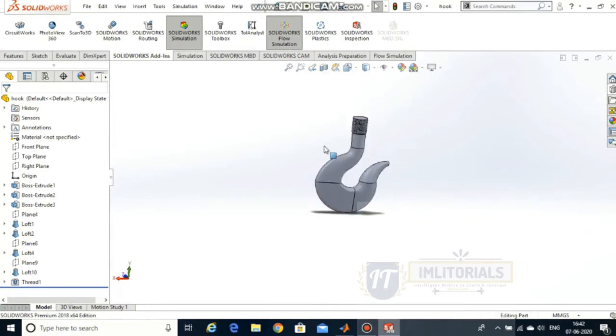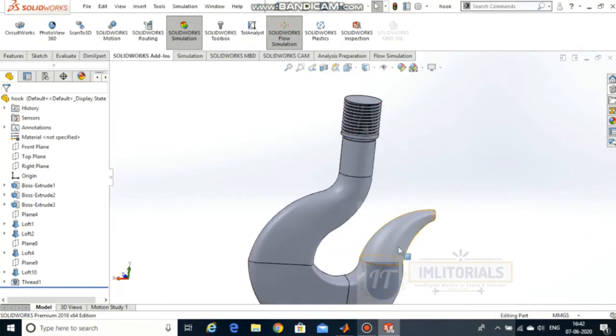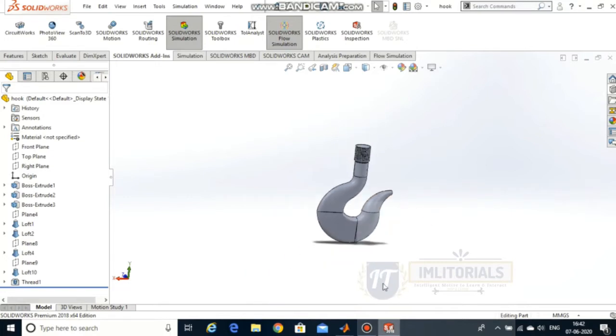Before starting with any study in SolidWorks, it is very important to check whether the unit system that you are working upon is correct or not. Since most of the engineering components are designed in MMGS, therefore we prefer MMGS, but if you want some other unit system, well, you can go for that.